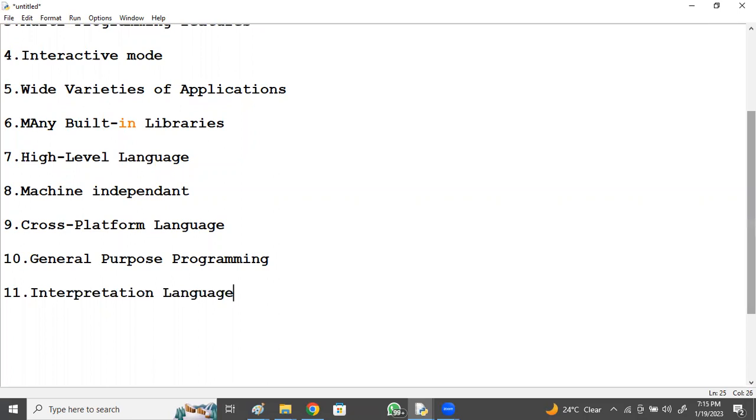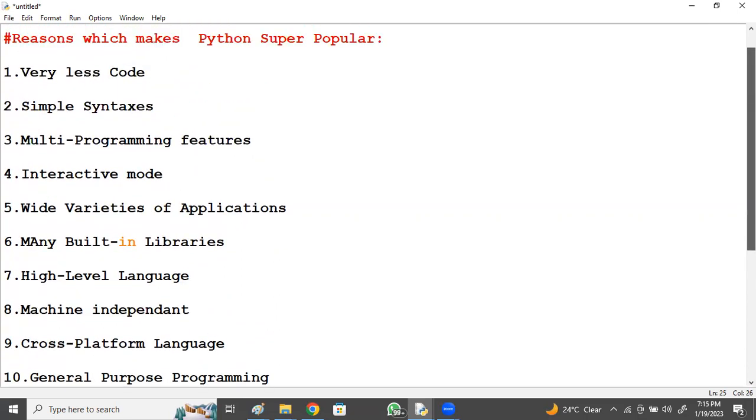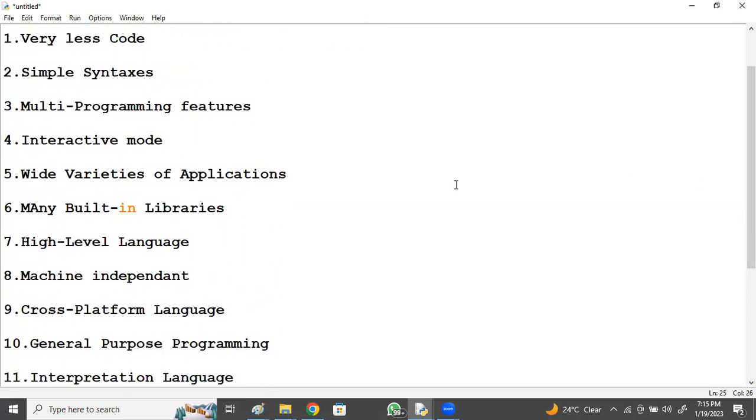So: very less coding, simple syntax, multi-programming features, hybrid features, interactive mode, wide varieties of applications, many built-in libraries, high level, machine independent, cross-platform, general purpose interpreted language.